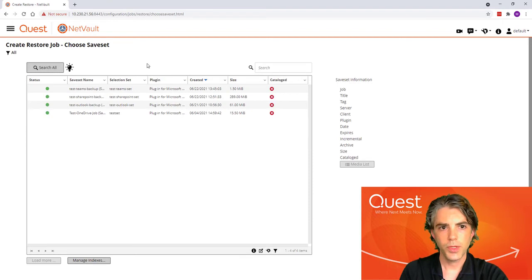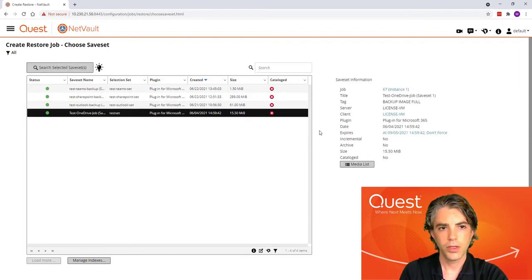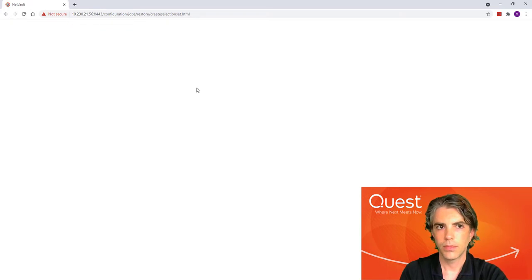Let's go now and take a look at how we can select data to be recovered. So I have a number of backup jobs that I've already run. So if we take a look at a OneDrive backup job, and click Restore, we can take a look at the data that was selected for that backup.